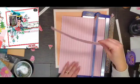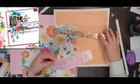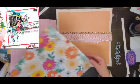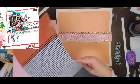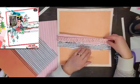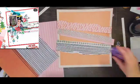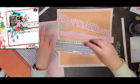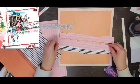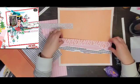So I am not doing a Christmas layout like she is doing. I am actually doing a fair layout. I am using two pieces of paper that were Hip Kit Club exclusives. One I had already gutted, so I'm going to use that as the mat. Then I trimmed down that orange piece of paper and took it to my sewing machine and sewed around the edges. And then I took 3 of the papers and just tore strips of them. From my stash, I have some vellum from Maggie Holmes, and I'm going to layer that on top. So that's going to give me those horizontal layers that you see,